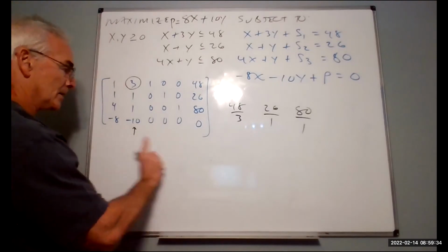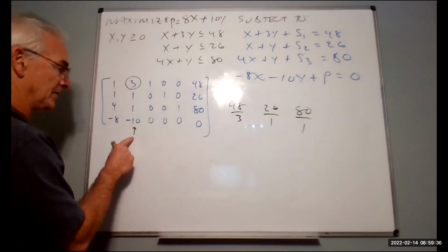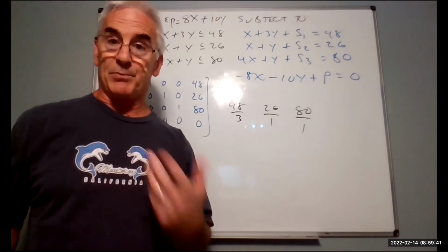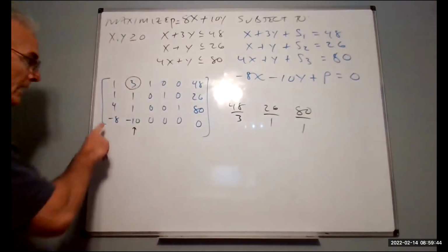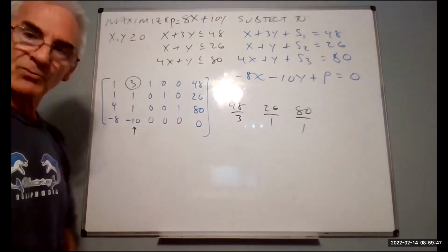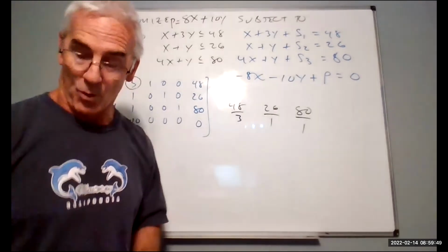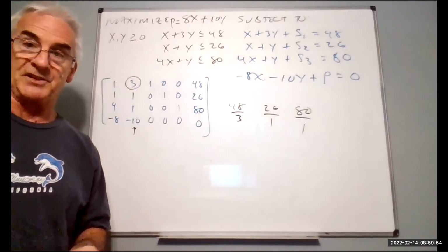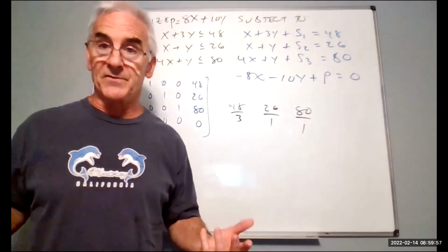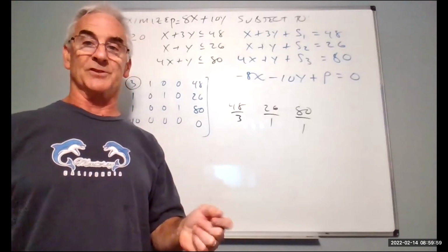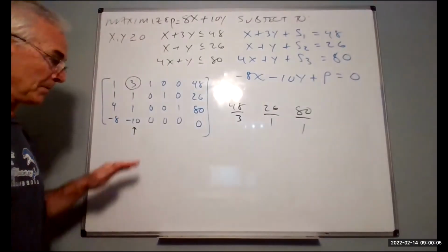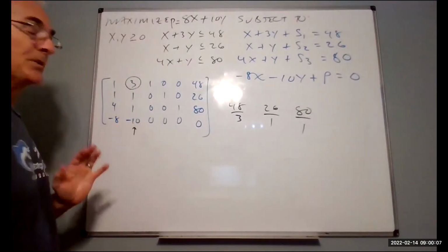So I start by looking at the bottom row, choosing the largest negative value. I then go, which one has the smallest positive ratio? Now, we're going to begin the process. As long as there are negatives on the bottom row, you are not finished. You're only finished when there's no more negatives. Now, here's an interesting thing. You remember we had 5 vertices. That means all 5 of those answers are viable solutions. That doesn't mean they are the answer, but all of them could work. The way we know we're done with the problem, I just said, is when all of these are negative. But the other thing is the answer can only—